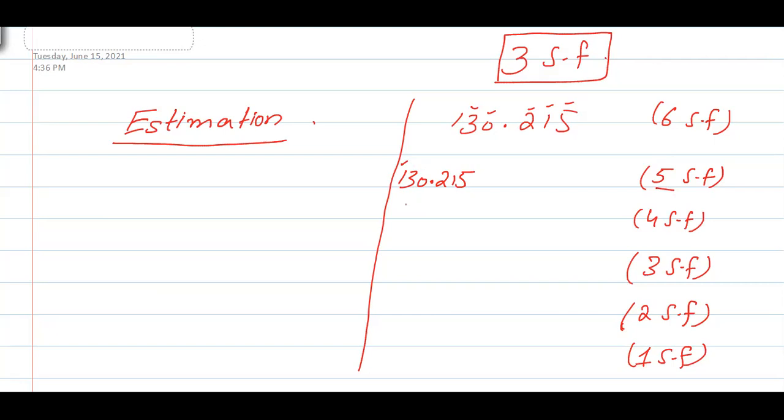Start counting the significant figures from the left side. This is the first significant figure, second, third, fourth, and fifth. I don't need this one because I need only five significant figures. So five complete till this one. So I have to leave this one, and the leaving digit is five, so it will add one, just like we do in the rounding. So it will become 130.22. Now, how many significant figures? One, two, three, four, five. These are five significant figures.